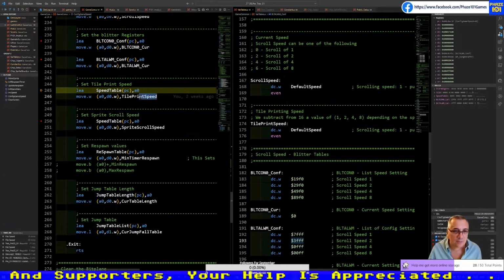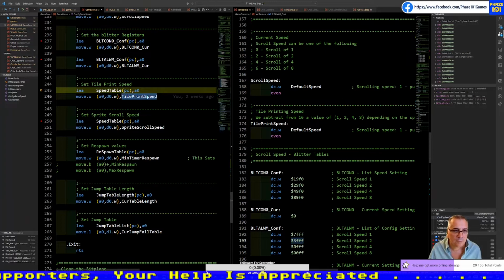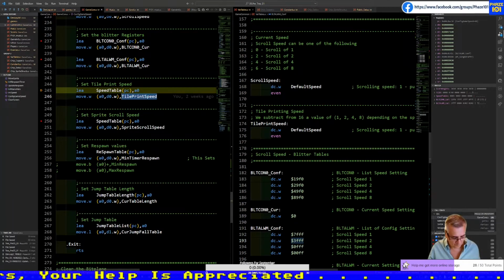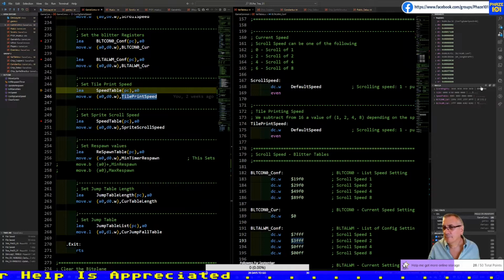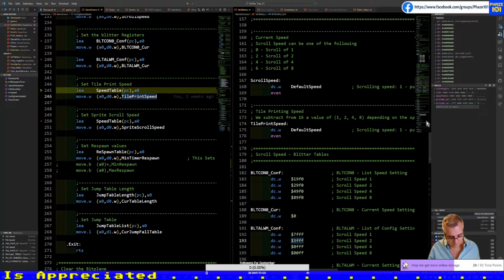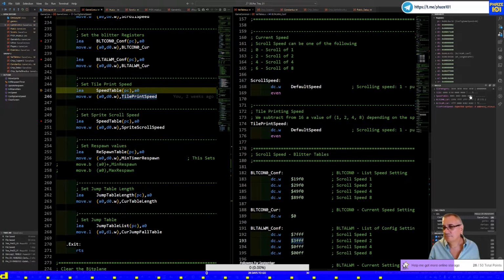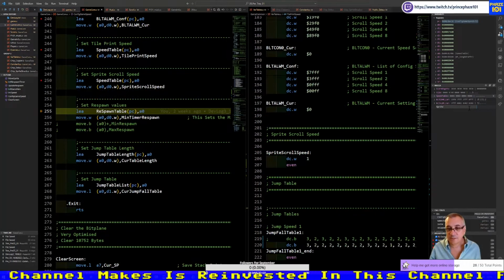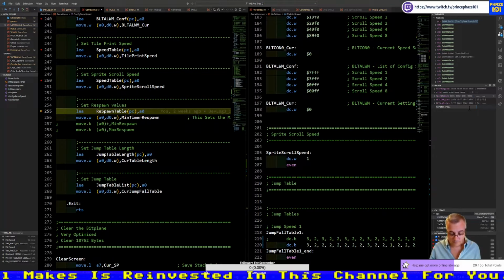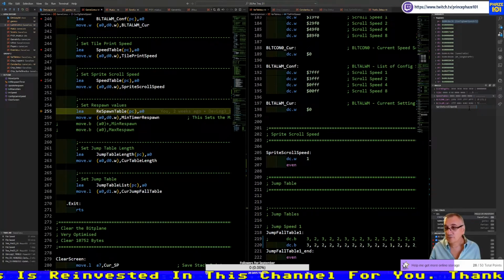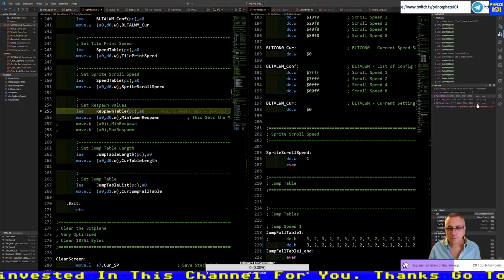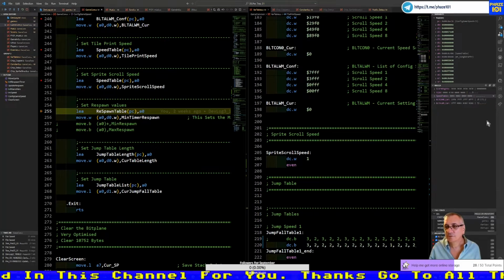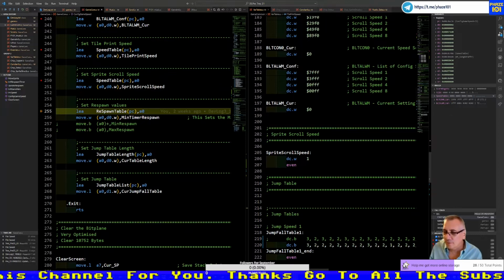Let's copy it. Correct, because the sprites are scrolling as they should. I don't understand, the debugger sometimes really doesn't work.